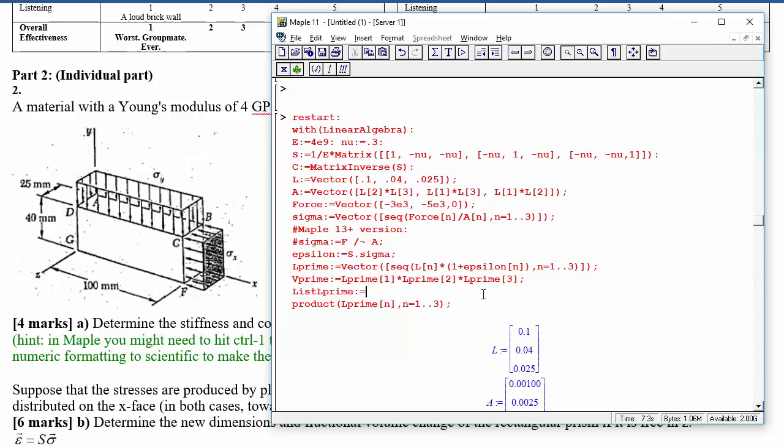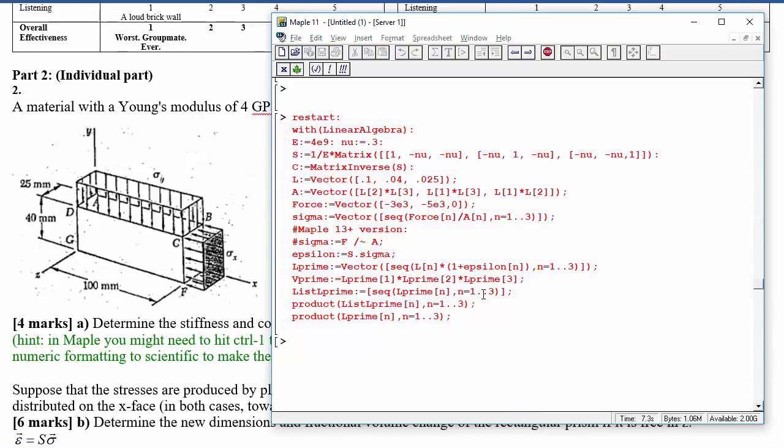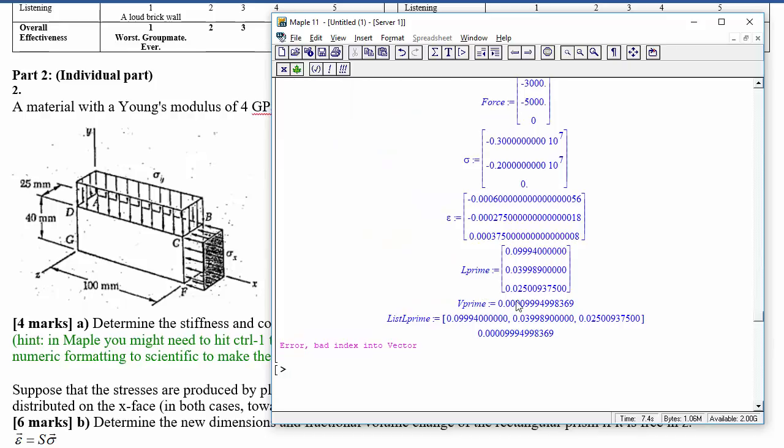List L prime is equal to sequence of L prime n, n is 1 to 3. And then, while this won't work, although this is an identical list of those same elements, you can use this command